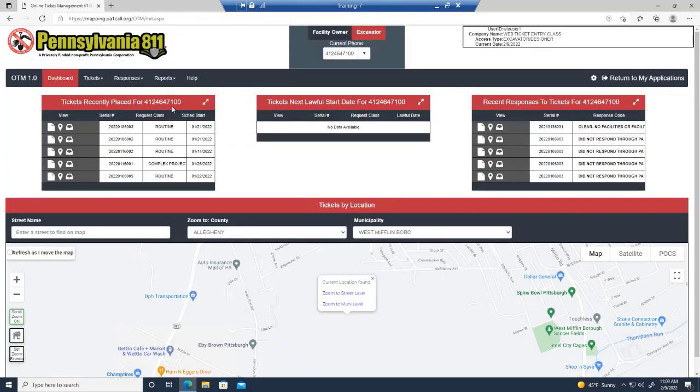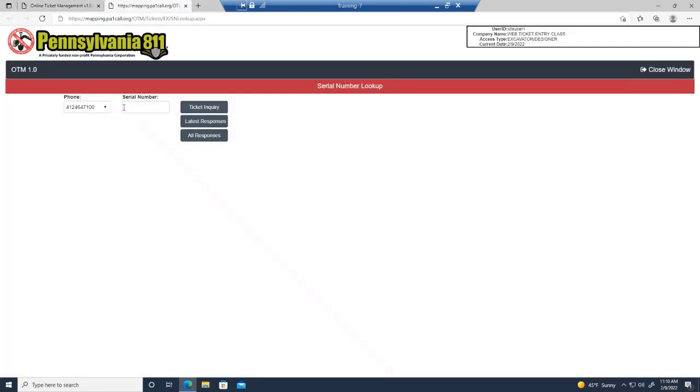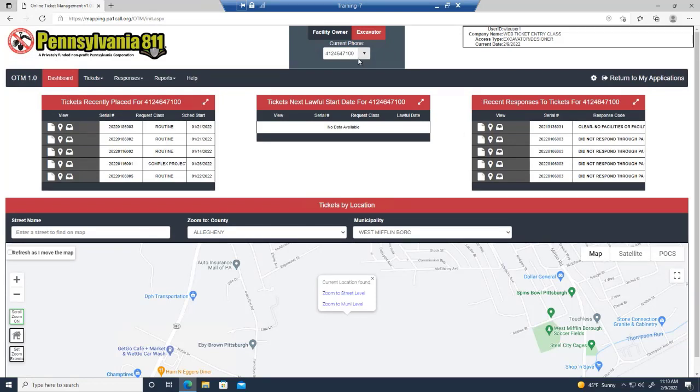We'll go back. You can check the responses by serial number. If you know the serial number, you are able to pick that up right there. If you know it, you can put it in. For the excavator, it goes off of the phone number that you have provided to the one-call system on what you are looking for. And then you can view any tickets that are coming up